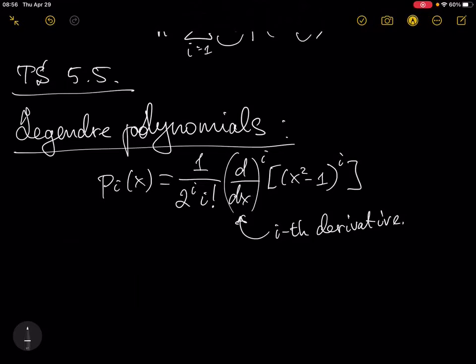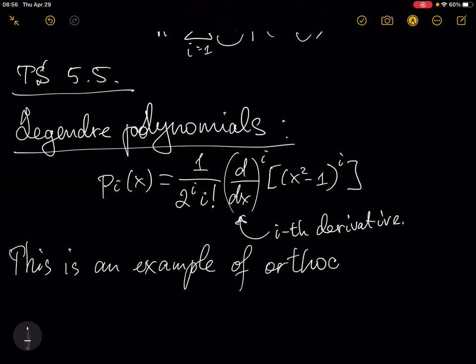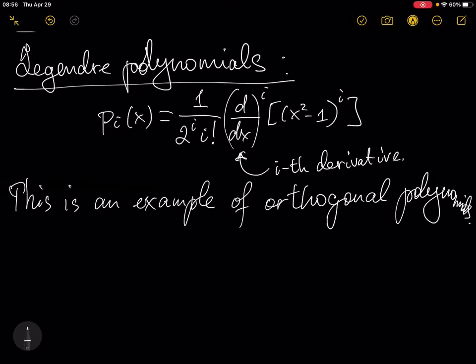So this is an example of orthogonal polynomials. So you can introduce an analog of the dot product, but on the space of polynomials. And this analog is called the inner product. If the inner product of two polynomials is equal to 0, we call these polynomials orthogonal. So then